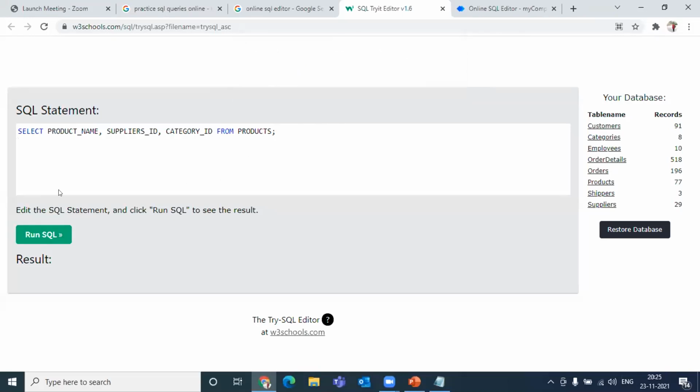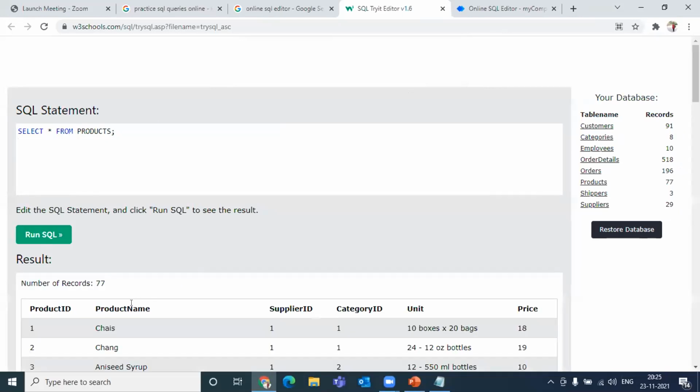Muthu Lakshmi, even this is not correct. When you are writing the query, the column name should be exactly the same. That is one very common mistake we are making. Please don't make that mistake. So if it is product name, it will be product name only.